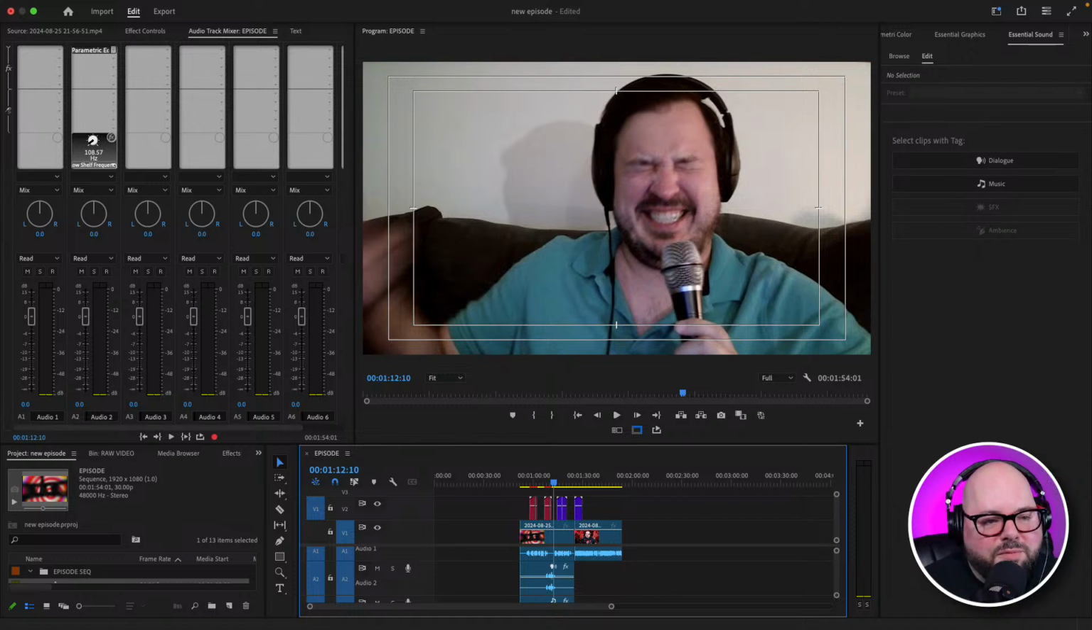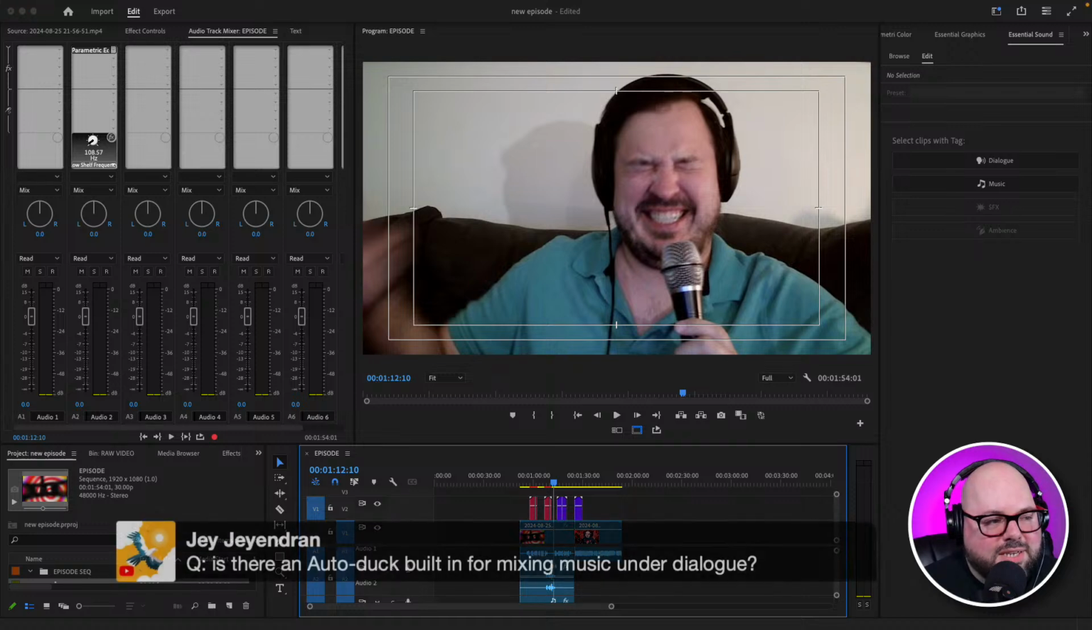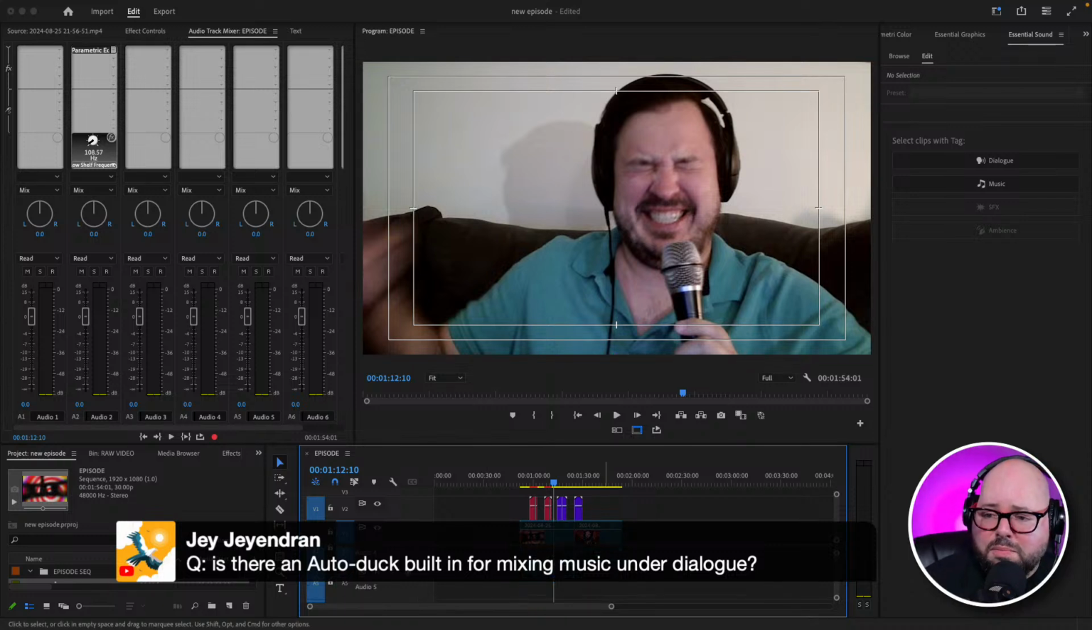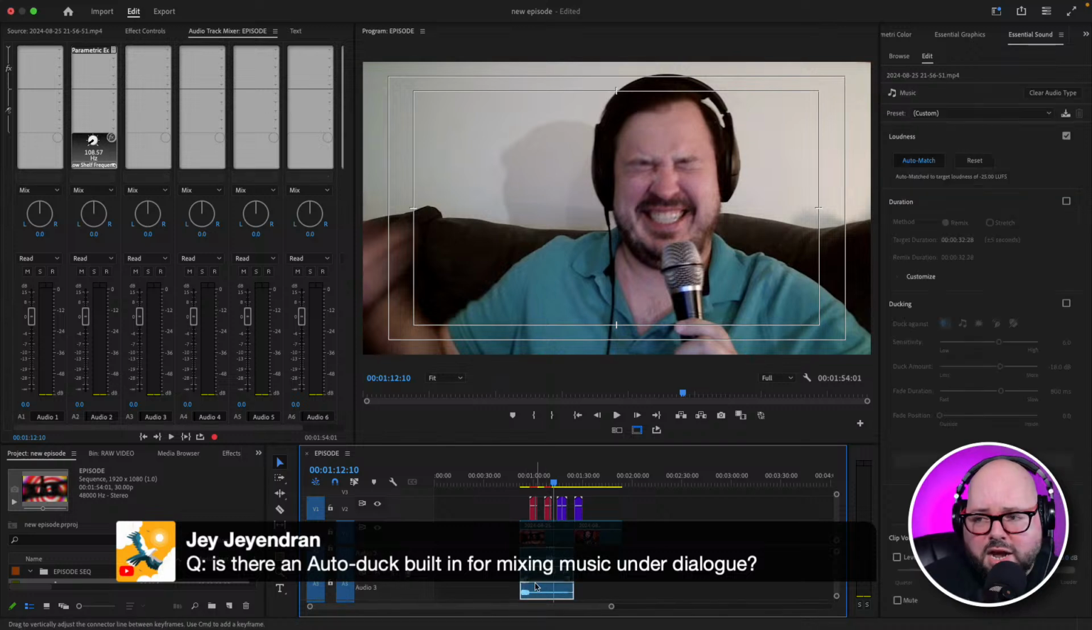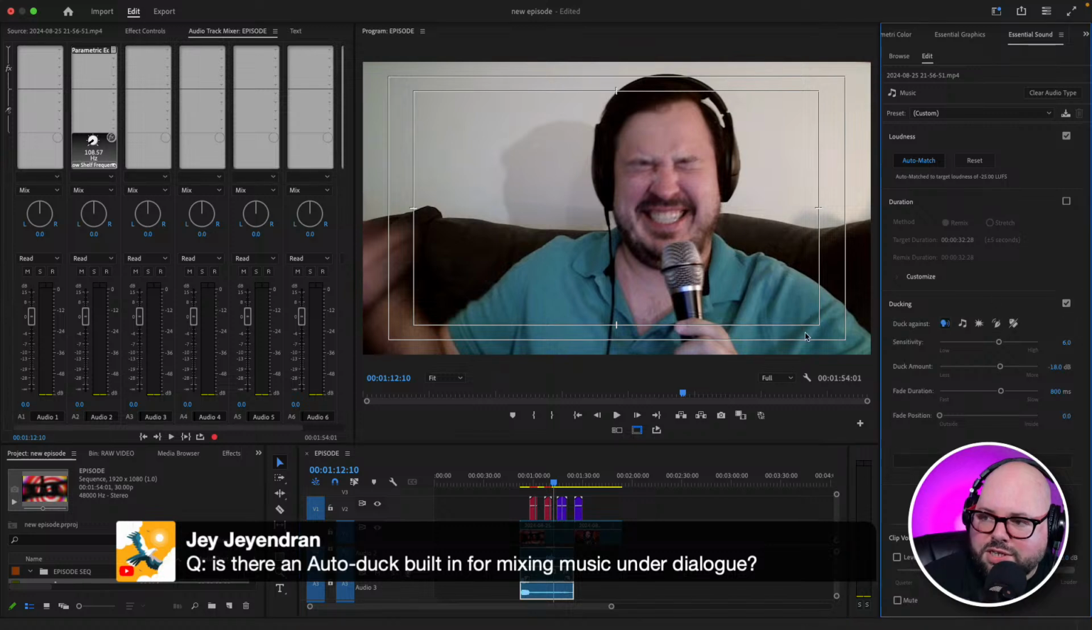Now, let me bring up this question because this leads into the next bit. This is all about, is there an auto duck built in for mixing music under dialogue? That's not under dialogue. It is actually for the music track itself. So if we click on our music track and scroll down, we can see that there is a ducking option right here. If we select that, we have a couple options, like sensitivity,